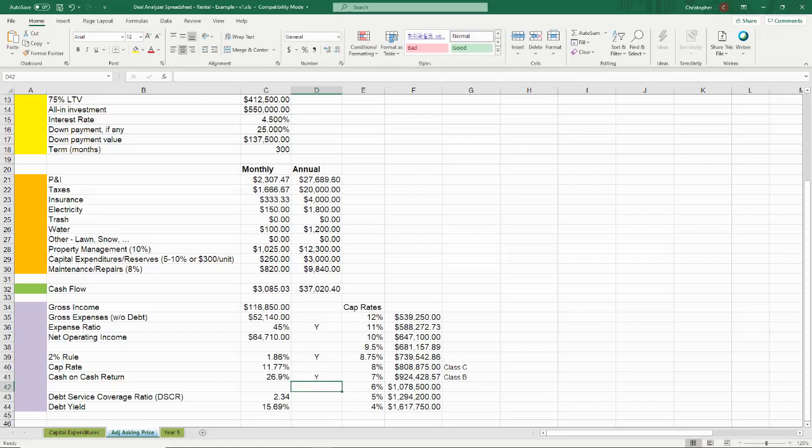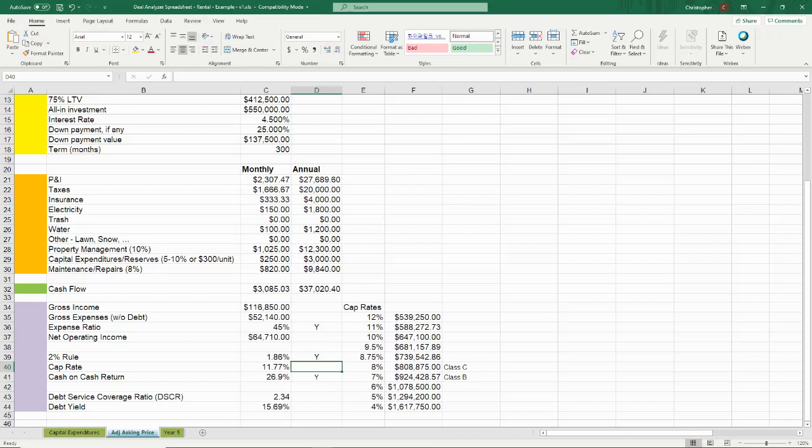And for cap rate, I didn't put a yes or no there. It depends on the market. It depends on the region. If the market is, say, a 8% like what we talked about, if that's what is assigned to the type of real estate asset and the real estate class that you're investing in, and you purchase it at an 11% cap rate, which is what has been done here, 11.77%, then I would say yes, that's good. But it could come with risk because remember, cap rate is also the assignment of risk potentially to the real estate asset or to the real estate investment. But with risk can bring opportunity. So I'm going to put a Y here for yes.